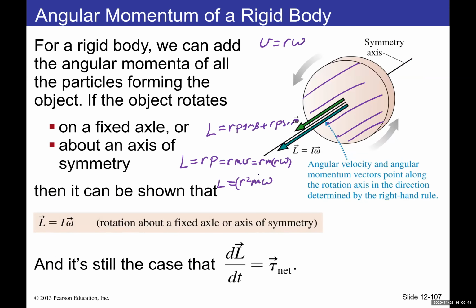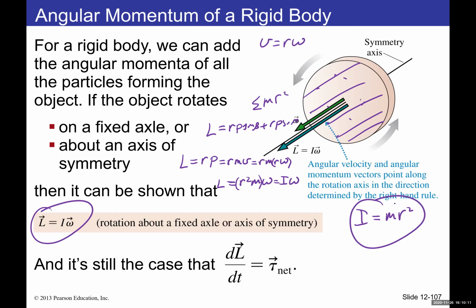Sorry. R squared times m is nothing but the moment of inertia. Remember, it's m r squared. And if I'm then summing them up, all the m r squares for all those particles, individual angular momentums added together, then I can write this in terms of moment of inertia times omega. And that's what we have. Angular momentum of a rigid object is then moment of inertia of the system times angular velocity of the system. See, this is for the particle,